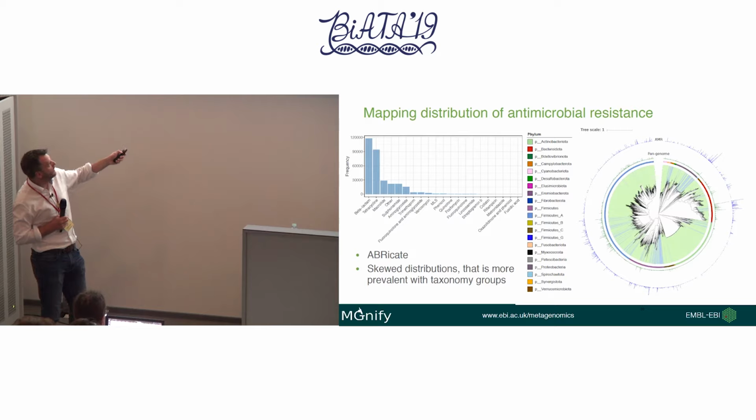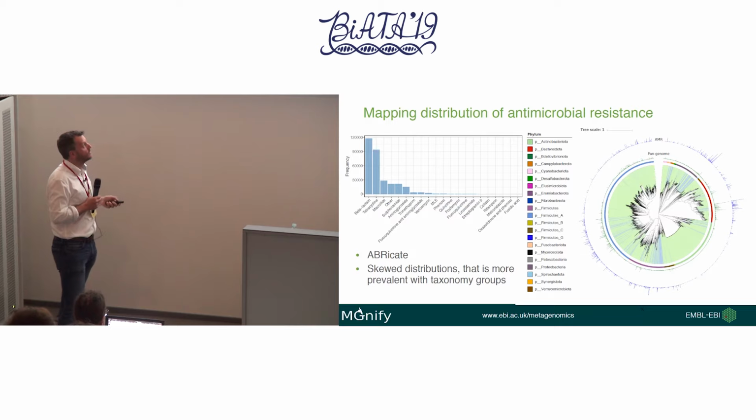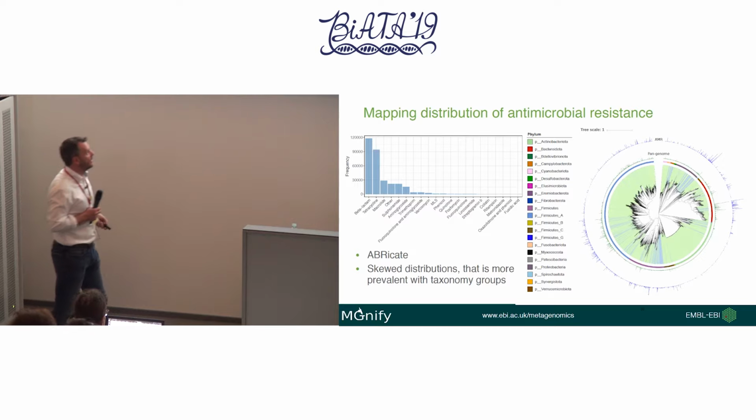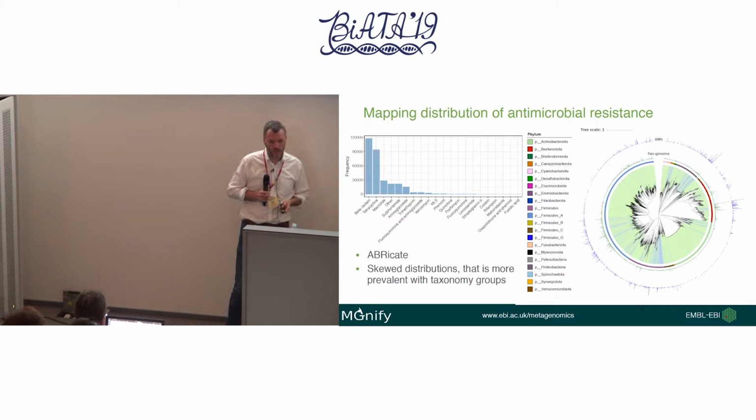Probably over here. You should also note that this taxonomy is changed to the GTDB, hence the firmicutes is split, but in this firmicutes here, again, it looks pretty well correlated for the pan-genome size and the number of AMR genes. However, there are cases where it doesn't correlate at all. So in the proteobacteria, this doesn't seem to be the case. And this is just looking at the AMR that's encoded within the genome.